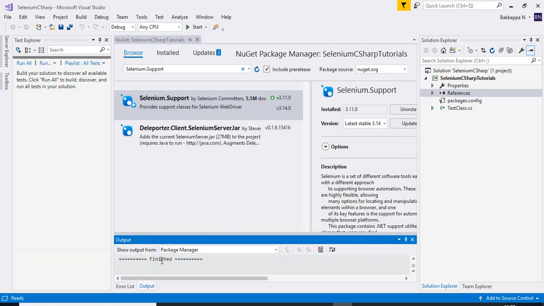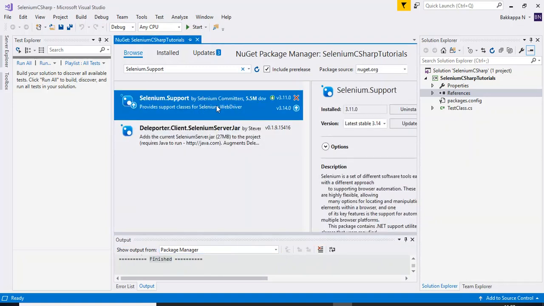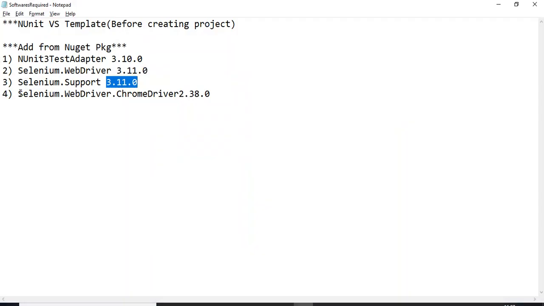See guys, once it is finished, this particular software will be shown as uninstalled. Previously it was installed because you have already installed it, so that's the reason it's showing as uninstalled. Then we need to install